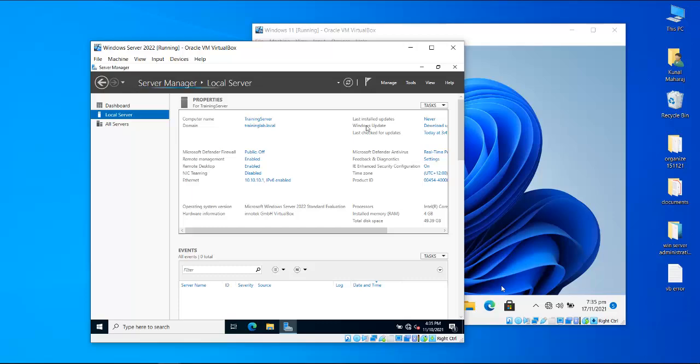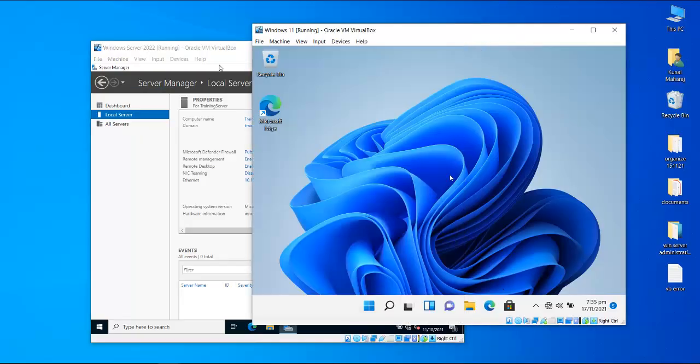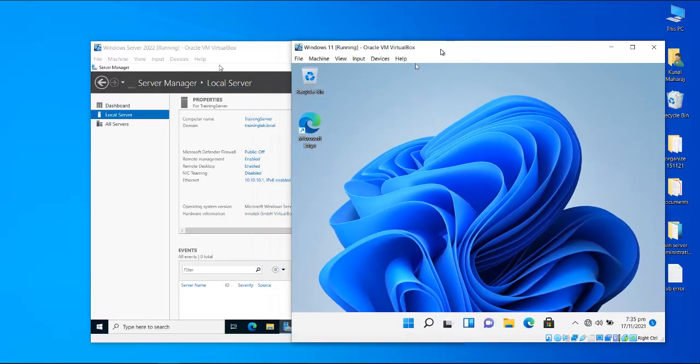Okay, the next step that we want to do is to create a user and to be able to verify by trying to log in to this particular client server network that we are trying to design. Before we do that, we can always come back and change this client from workgroup and promote this to a domain as well. So for that, we are going to